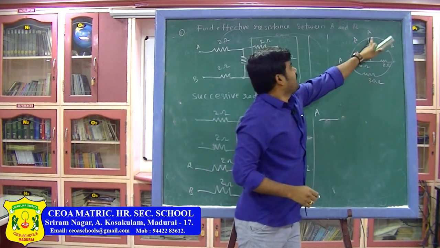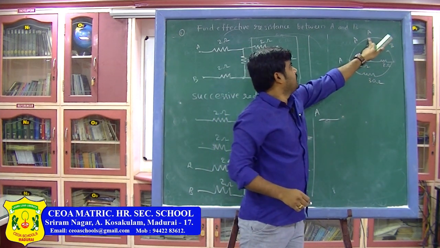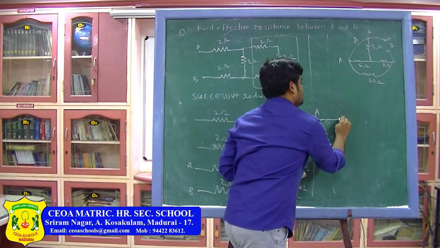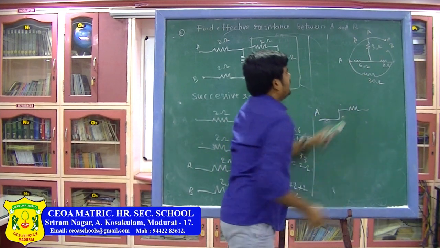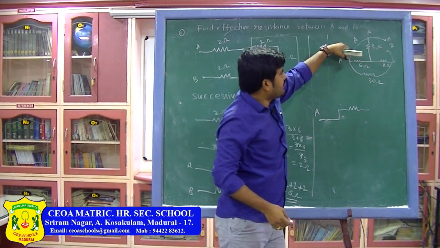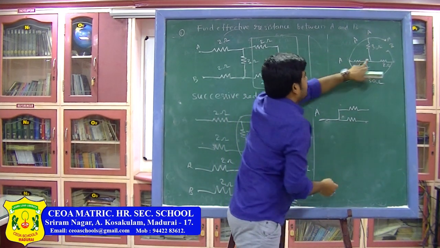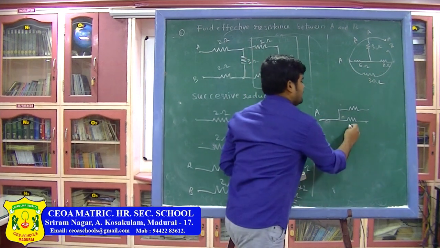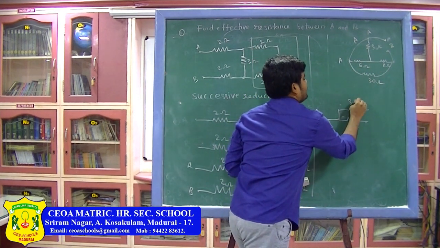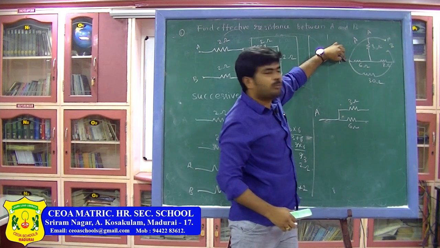Now how many resistors are connected to point A? So this is one resistor, that is 3 ohm. Next, this is totally a wire connection. So once again A can be connected. So the 6 ohm is also connected at A. So the 6 ohm and 3 ohm are both connected at point A.